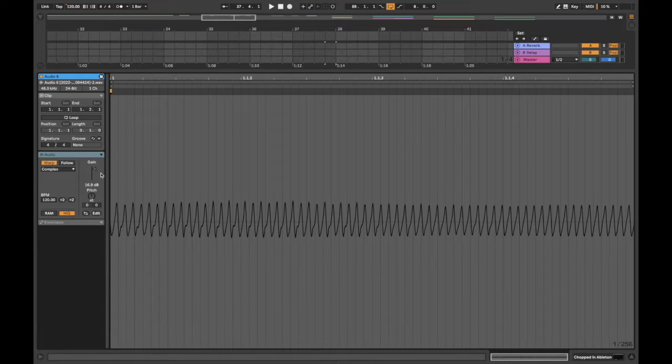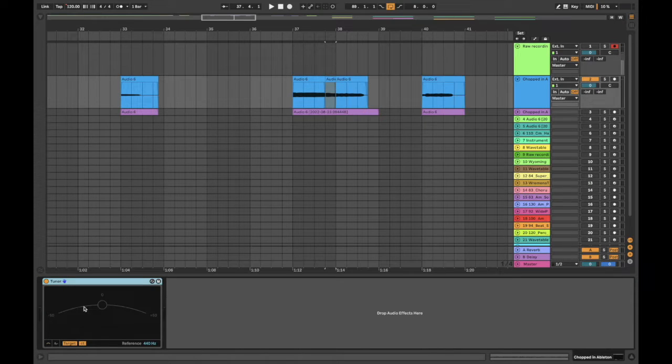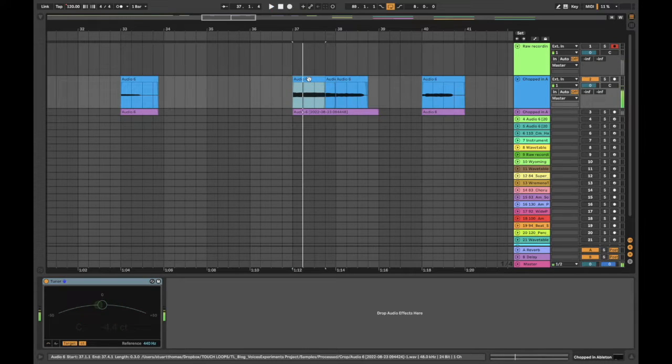So actually I think this middle section is the only section that I haven't pitch corrected, by the way. So this is what it looks like now in the newest update of Ableton Suite. On the left here you've got semitones up and down. And then on the right you've got cents, plus 50 and minus 50, and at plus 50 you're halfway between two notes, a semitone. Which is really useful because Ableton's tuner here gives you a readout of how far off you actually are. So if we take this first section and I loop it,